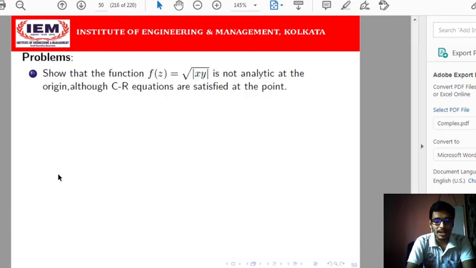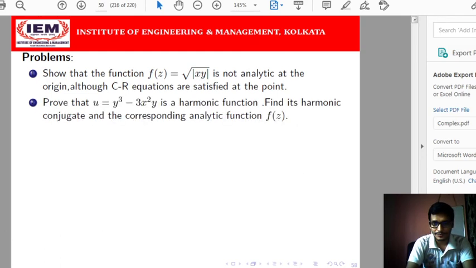So I am giving some problems for you to solve from the portion analytic function. Here you need to show that if f(z) is given as this, then that is not analytic at origin, but is satisfying the Cauchy-Riemann equation. That means you need to show that in the sufficient condition of the function to be analytic, both the Cauchy-Riemann equation should be satisfied as well as the partial derivatives should be continuous. But here you can verify the partial derivatives are not continuous. That's why although it is satisfying the Cauchy-Riemann equation, the function will not be analytic.